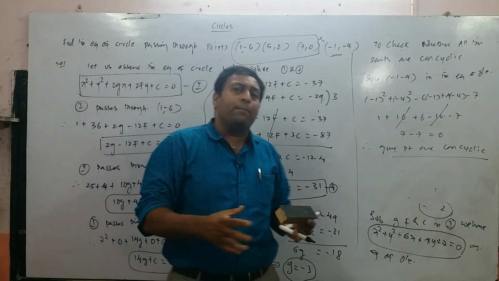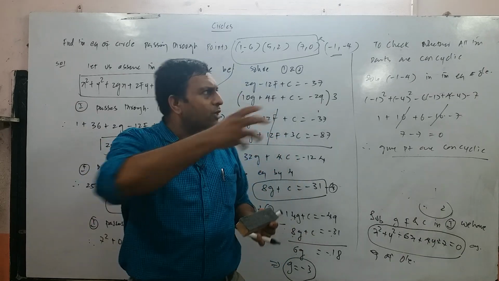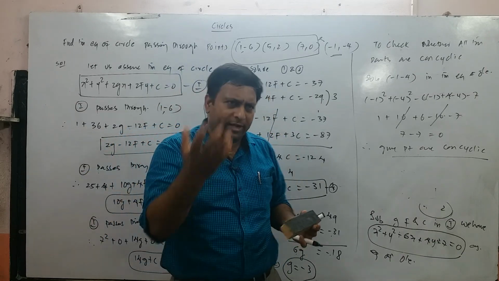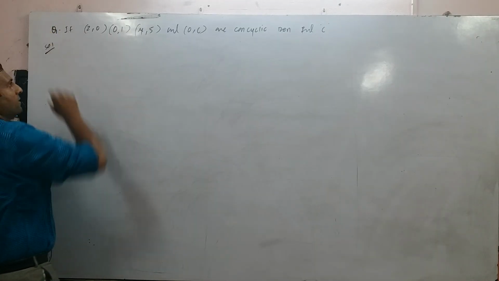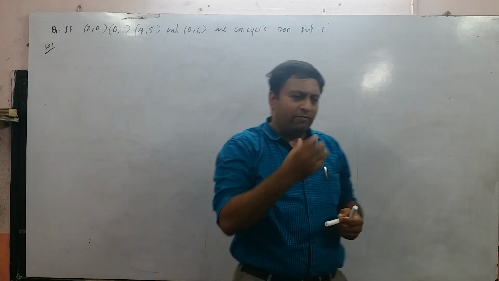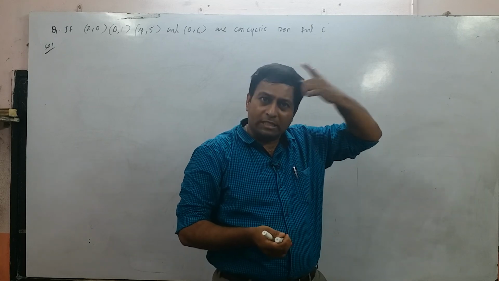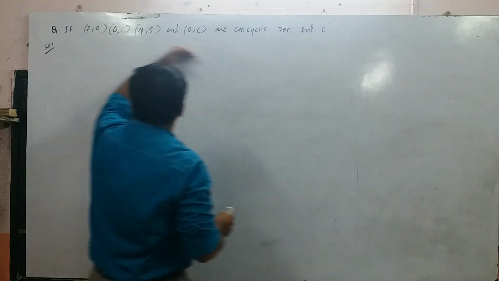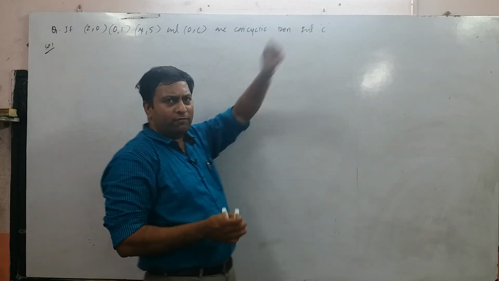Meanwhile, we will take a problem which is very important. Many a times this has come, similar to the type of concyclic. Alright, you can pause the video and copy. Yes, a wonderful question is there in front of you. Just now we did a problem where we found the equation of the circle. Later we extended that problem and showed that it is concyclic. Now here, already he has told that these 4 points are concyclic. And if they are concyclic, you are supposed to find the value of C.